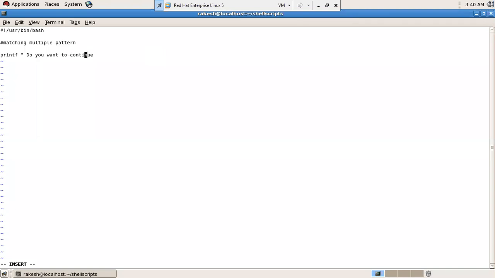Then just to display, if you want, here in brackets, to continue, use either yes or no. Yes or no, that's the answer. Then \n. Okay. Then read, take a variable called answer.